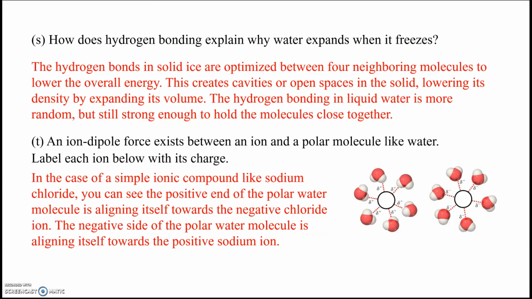Now, when it surrounds a simple ionic molecule like sodium chloride, the positive end of the polar water molecule aligns itself towards the negative chloride ion, and the opposite is also true. The negative side of the water molecule aligns itself to the positive sodium ion. So we can draw in a little chloride ion on the left and a sodium ion on the right to show how these